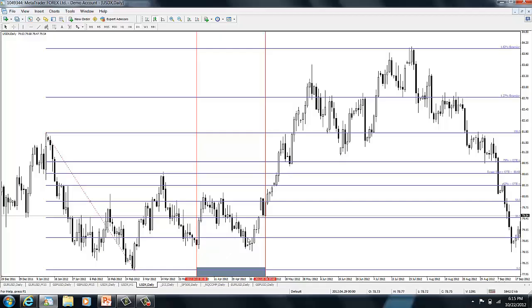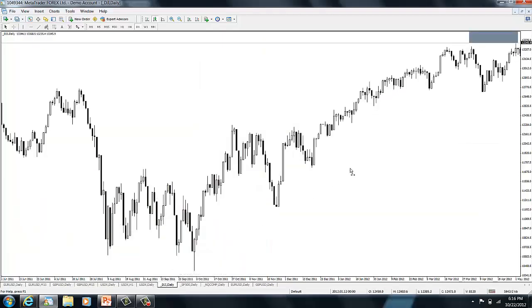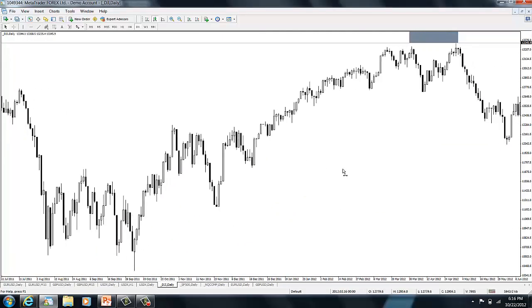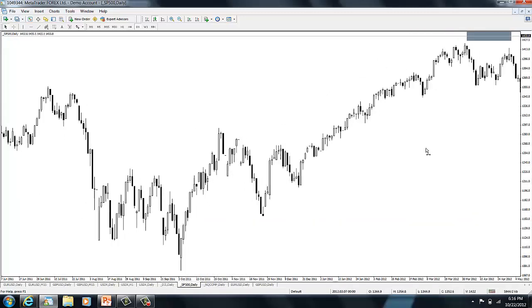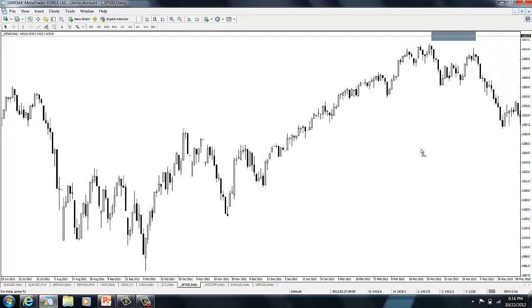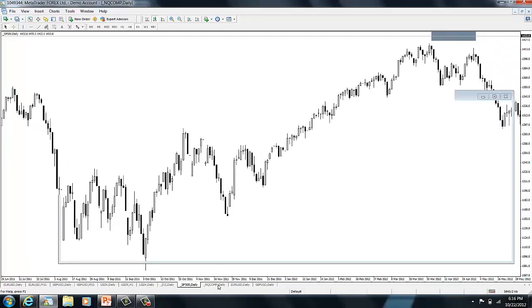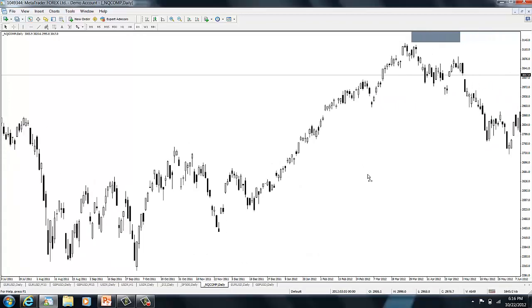And if you see this type of event unfolding in the dollar, the same thing should be happening in the reverse, okay, on the downside on your other asset classes. And let's look at the daily on the Dow Jones. We saw price obviously slip lower as well, okay, confirming that upward momentum in the dollar. The S&P 500 also broke down and slipped lower. And the Nasdaq Composite, not surprising, slipped lower as well.